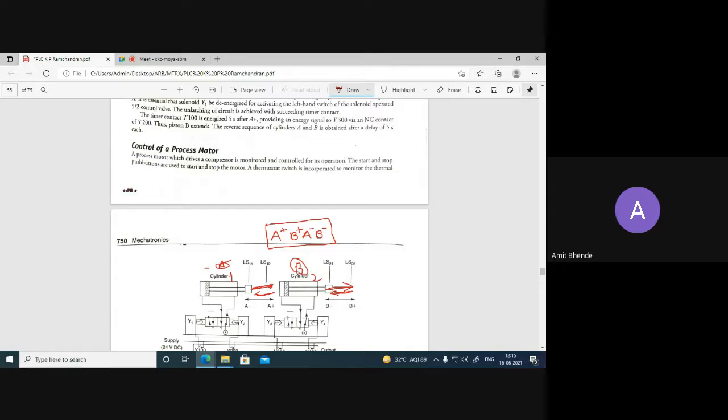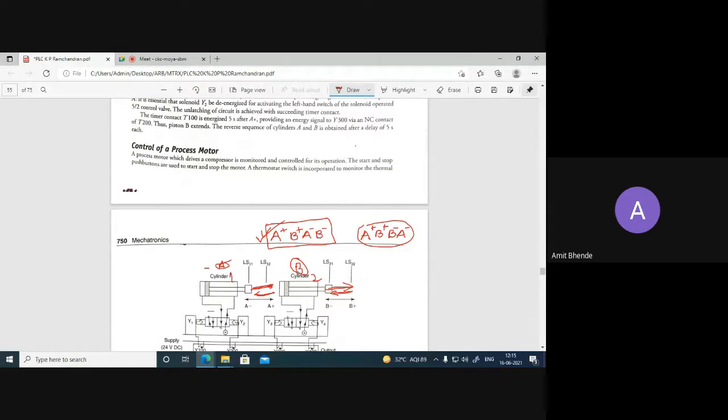For example, sometimes we may require extension of cylinder A, so A plus, then extension of cylinder B, B plus, then retraction of cylinder B first, so B minus, and then retraction of cylinder A, that is A minus. So there are different patterns which may be required, but here the pattern we require for this application is this one. Okay? A plus, B plus, A minus, B minus.